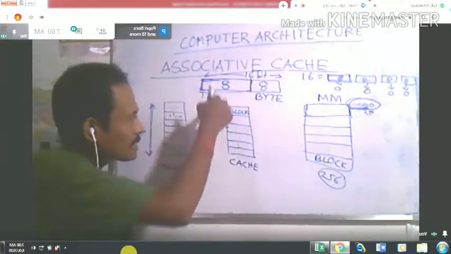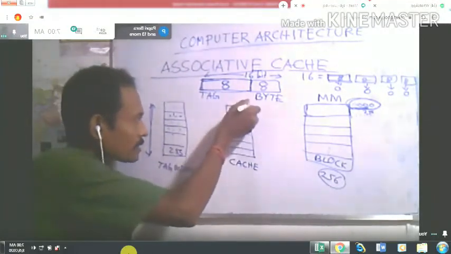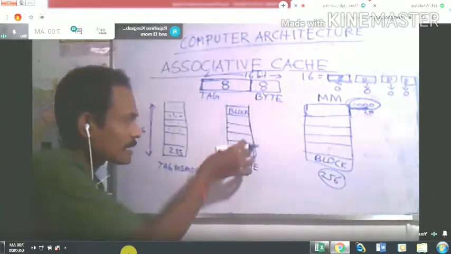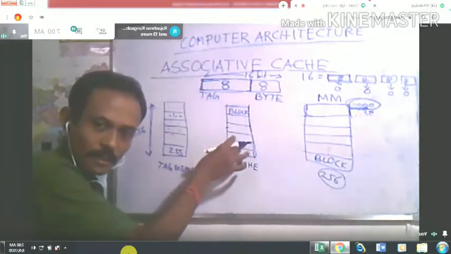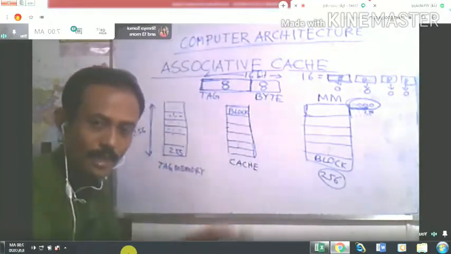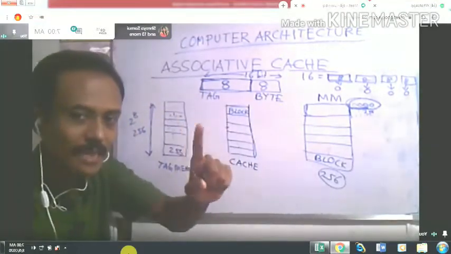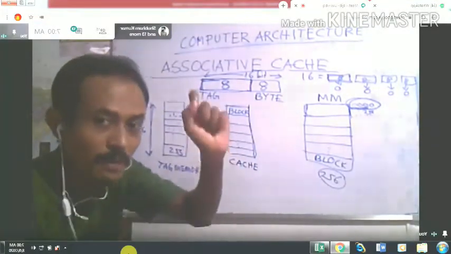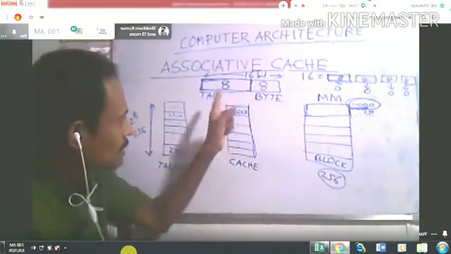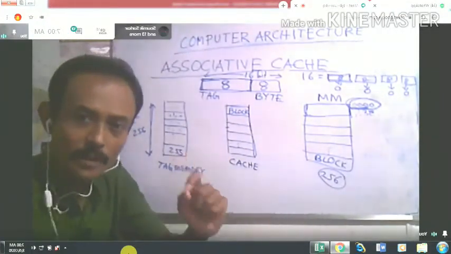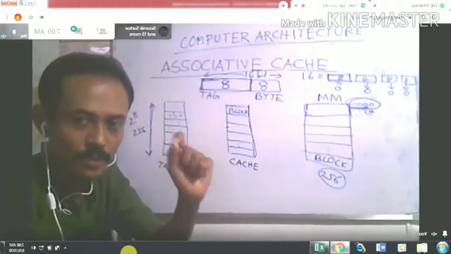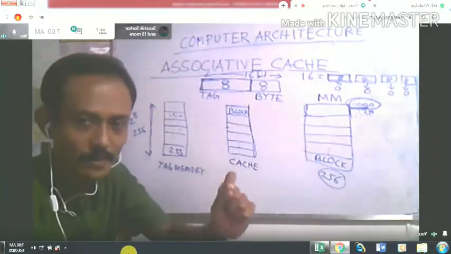When the CPU generates an address, that address will be of some particular byte. At a time the CPU will generate the address of a single byte.